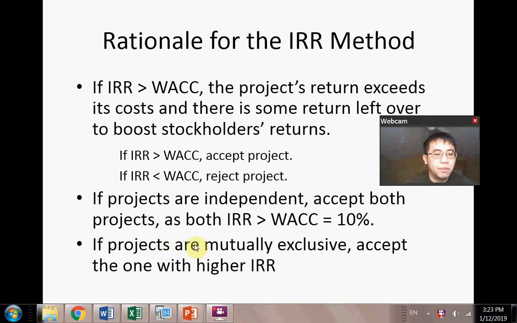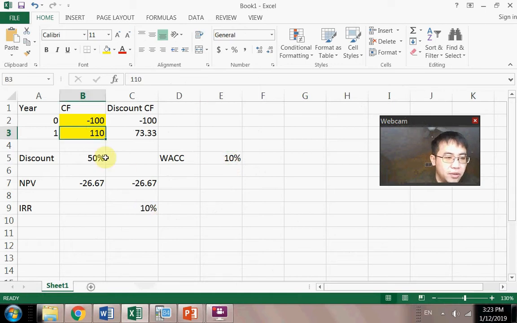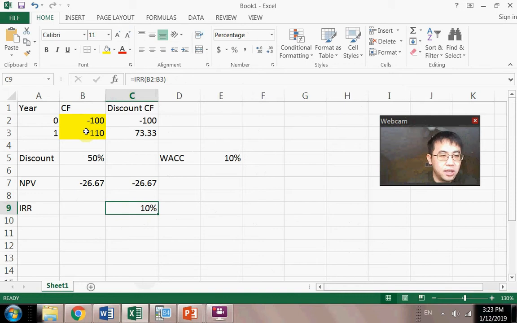IRR. If the projects are mutually exclusive rather than being independent from each other, then we just pick the one with the highest IRR. And if we move back to the example I showed you, right here, your WACC is 10%, and if your IRR is 10%, right here, that basically says your cash flow is 110 in the next year. And in that case,